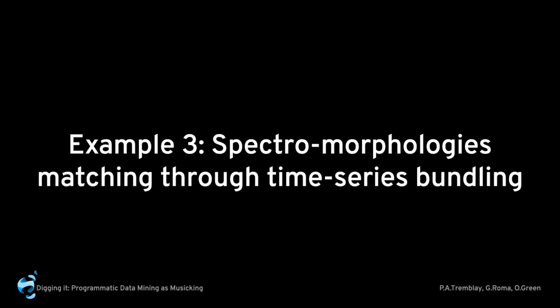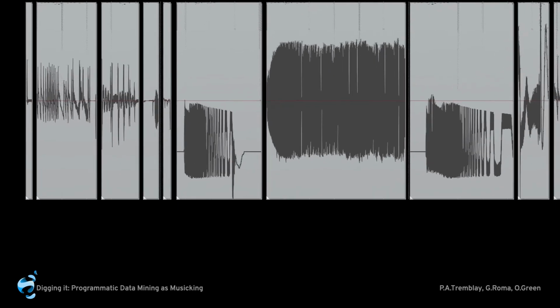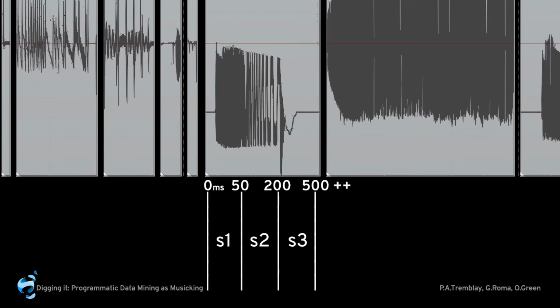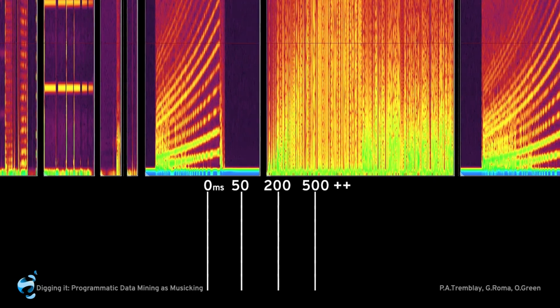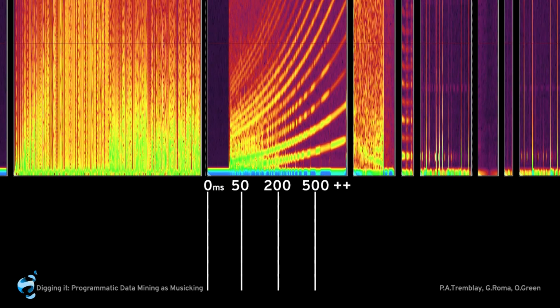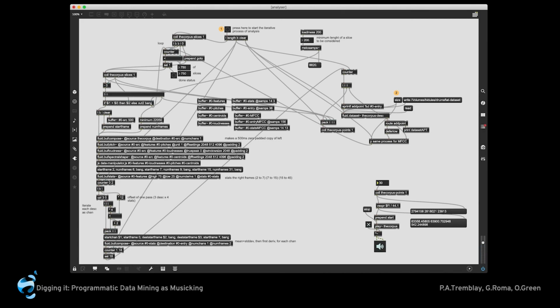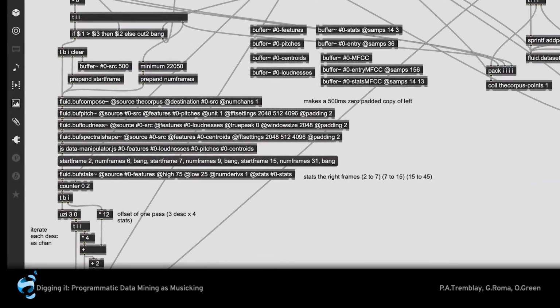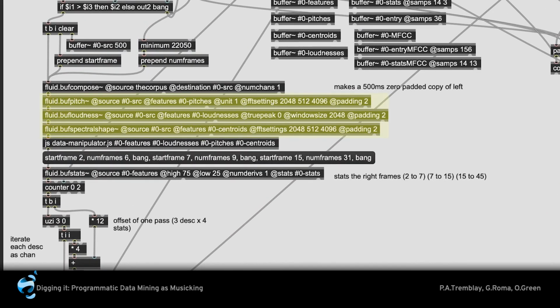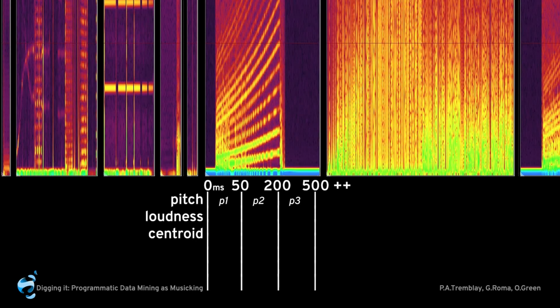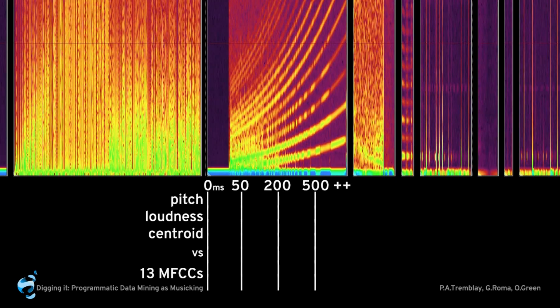Another example of a fluid corpus manipulation research enabled by the toolset is this one, in which various slices are analyzed in 3 sections to describe their spectromorphological contour. We can hear that these synth sounds have got a profile. This profile is then described in 3 dimensions of pitch, loudness, and centroid, in comparison to a more classic spectral description through MFCC. Then, a target sound, in this case a drum loop,